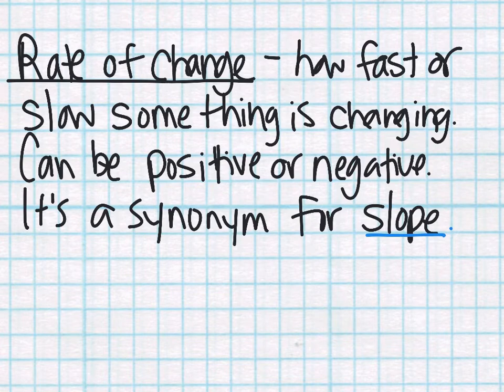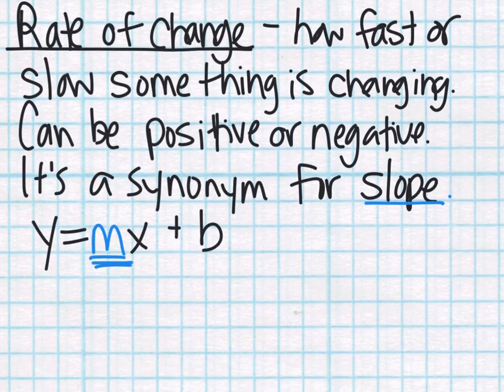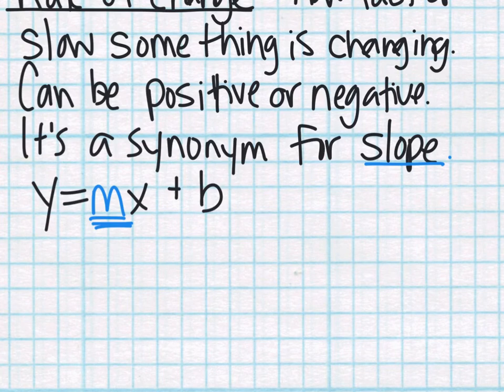So if I'm looking at our y equals mx plus b formula, our rate of change is going to be found right here. It's that first number in front of the x. That is how much something is changing. If it's increasing, it'll be a positive slope. If it's decreasing, it's a negative slope. We could also look at it on a graph. So if I had a little graph example here,